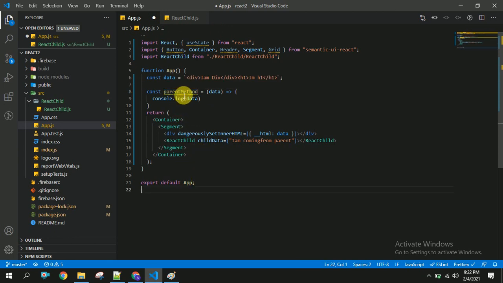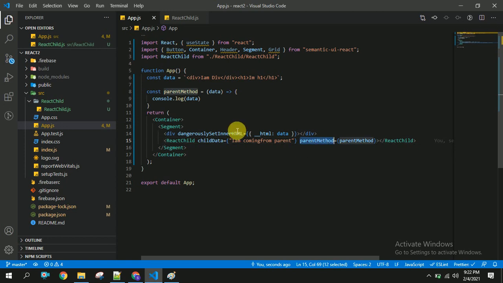For this, I am going to copy this, and in the same way I am going to send it as a prop. You can use any name here. This can be parentMethod or anything. So I am using the same name.